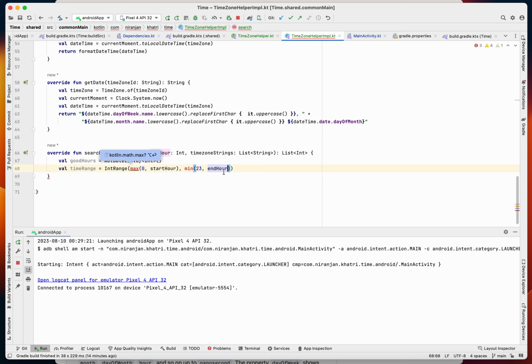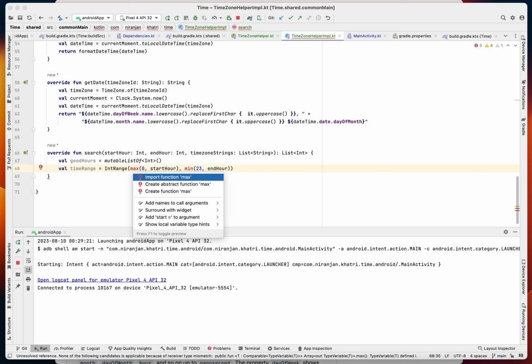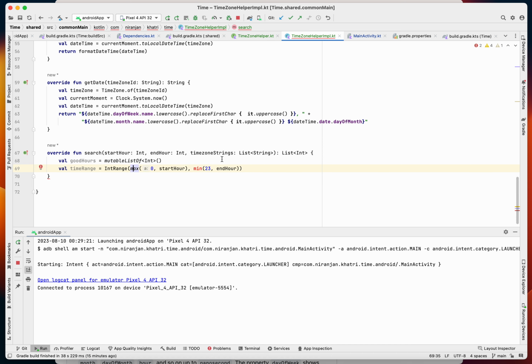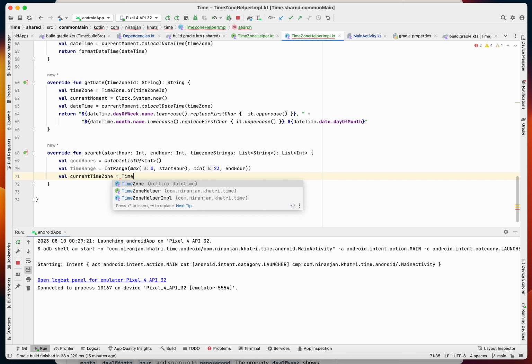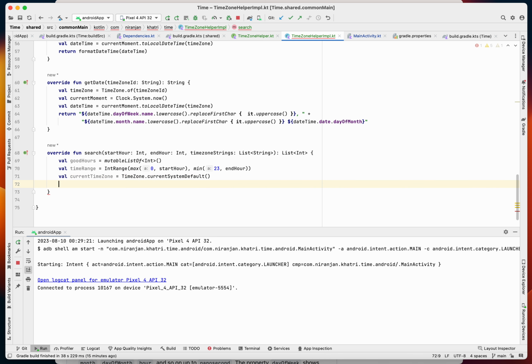Okay, so we need to just import the Kotlin max and Kotlin min. Current time zone, we need to find the current time zone equals TimeZone.currentSystemDefault, for hour in timeRange,